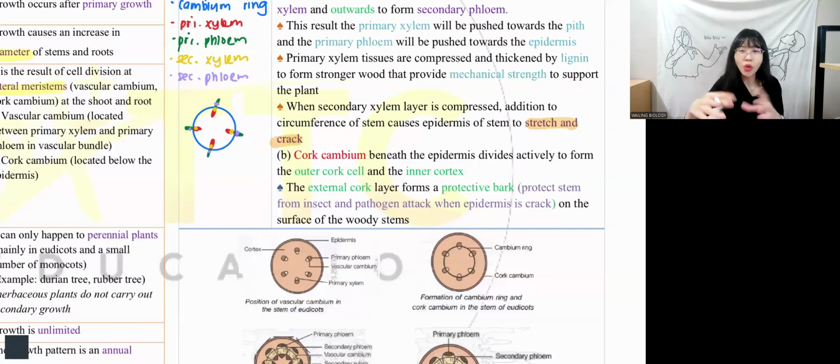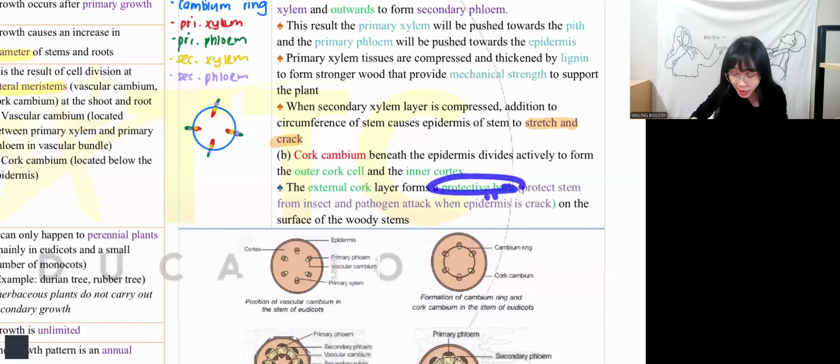So when we get stretch marks, we will not burst, obviously. Imagine that a pregnant woman bursts her stomach, not possible, right? But for the plant, they will burst. They will crack. The moment they crack the skin, bacteria goes in. When bacteria go in, the plant will die because of bacterial infection. To prevent them from bacterial infection, they have cork cambium. Remember, we learned the word cork. Cork is what? It is to have a protective layer. So this protective layer, the protective bark, is to protect the stem from insects and pathogen attack when the epidermis